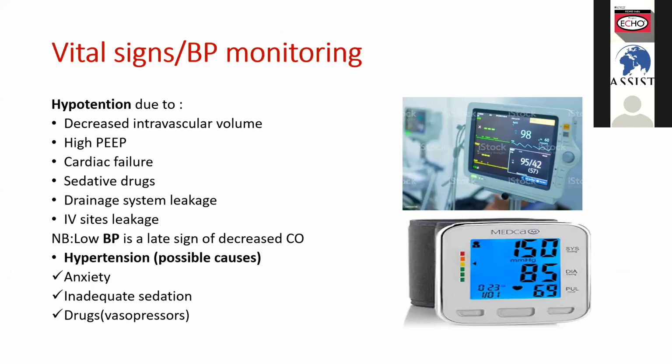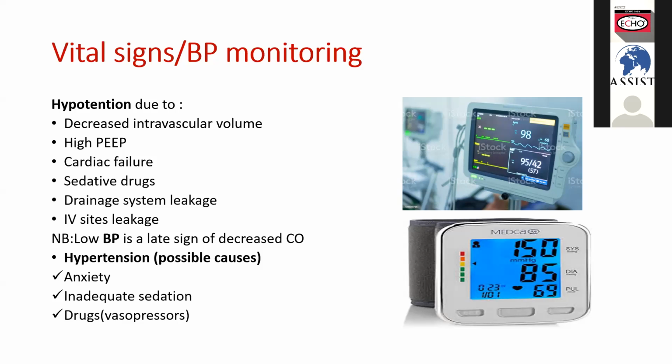So on vital signs, again, we are back on the blood pressure, which can be low or high, and this may be caused by different causes. If we have a hypotensive patient in ICU, we need to think about the decreased intravascular volume, which happens most of the time. We need to think about the high PEEP. We know with our settings, we set the PEEP, which is a positive end expiratory pressure for our patients, we set it on a vent. So if it is high, it can have a negative impact and lead to the decrease of blood pressure of